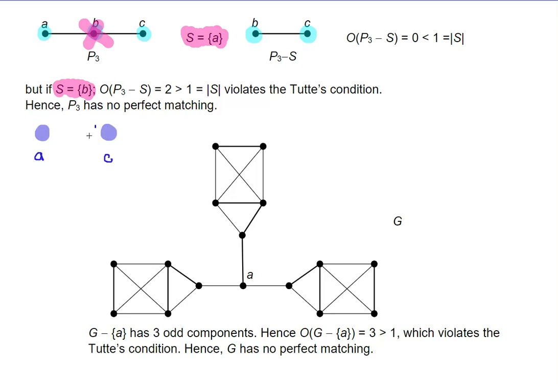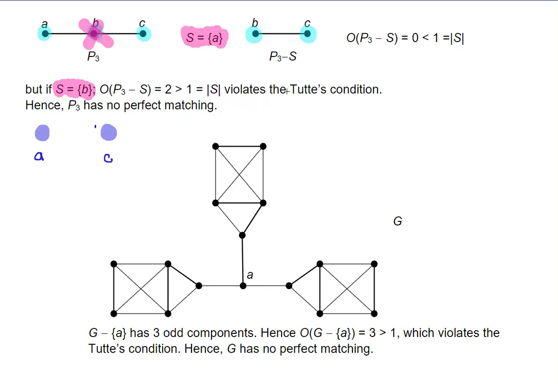We have 2 odd components here when we remove B from the graph P3. So the number of odd components of P3 minus S is 2. 2 is greater than 1, where 1 is the size of this set,